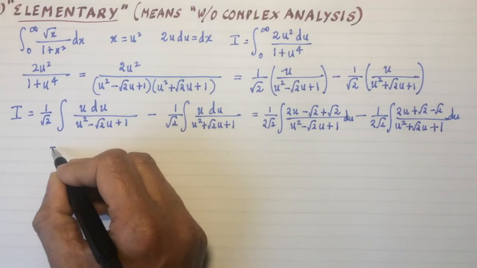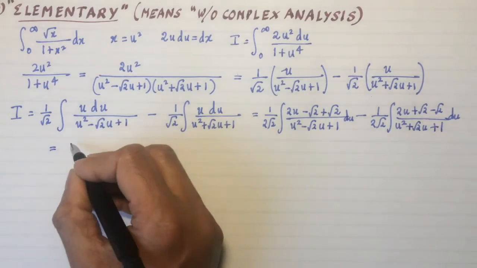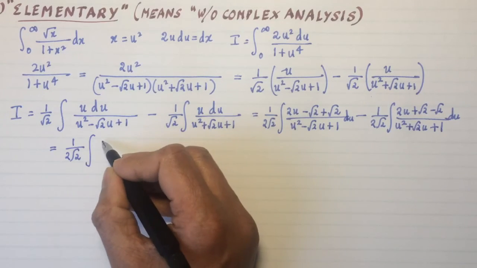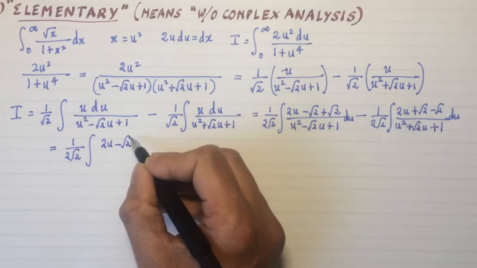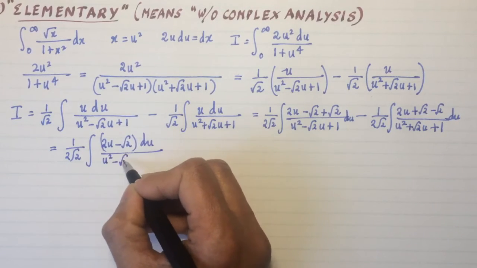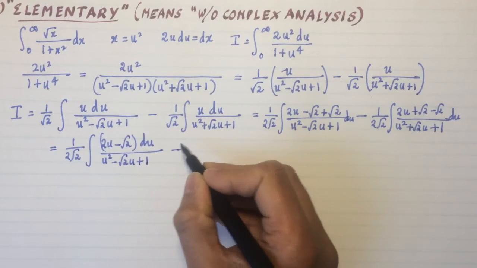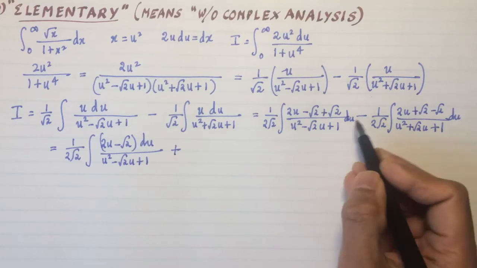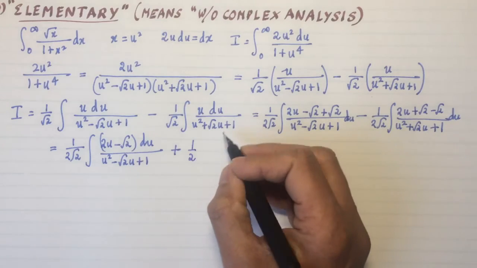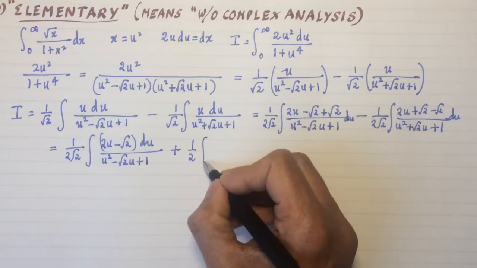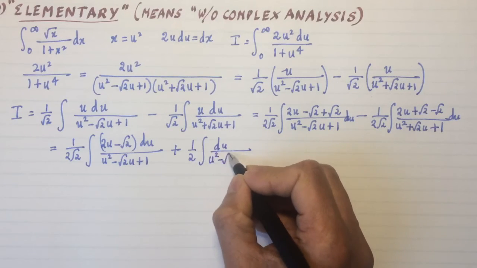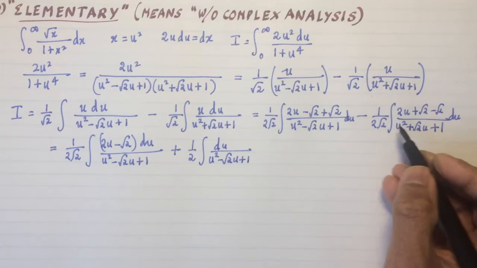Almost there, believe it or not. So this integral can be split up into two parts. One is 2u minus root 2 du over u squared minus root 2u plus 1. And then I have the other integral, which is root 2, which I can cancel with this root 2, so that just gives me 1/2 the integral of du over u squared minus root 2u plus 1, and I'll do the same treatment for the